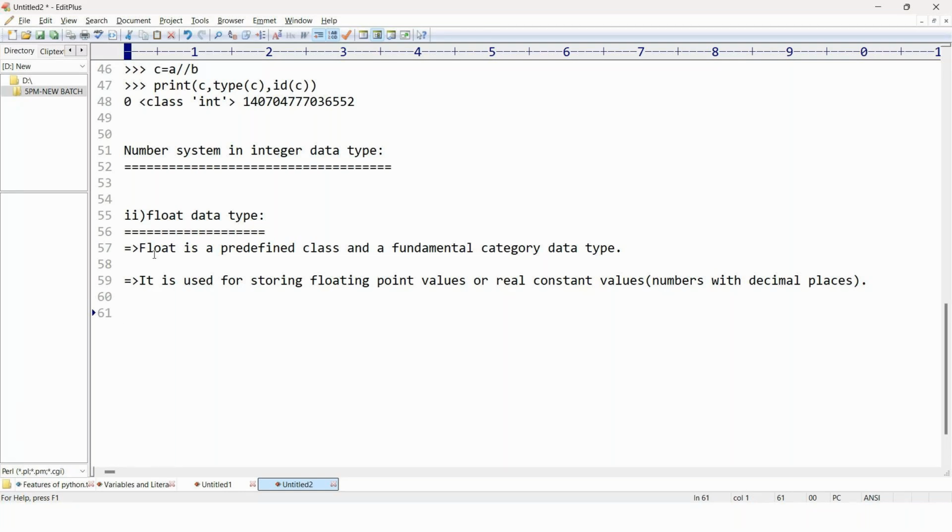Also, we can represent the floating point value in the form of mantissa e exponent. That is a scientific notation, we can say.